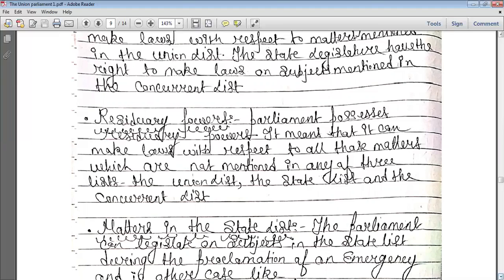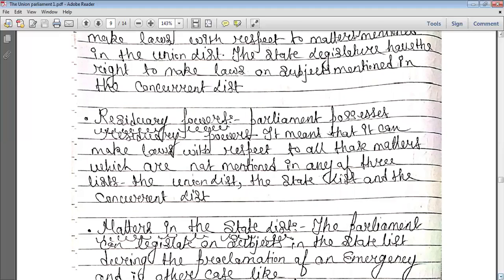Next, we are discussing another point that is important for short questions as well as for the powers of the Union Parliament in the legislative section. Residuary power. Residue, you know very well, means whatever is left behind. So whatever is left behind, you have the right on that portion. Suppose you have written an answer sheet and you have 2 lines left. You can go to the next page or you can write there. So you have the option.